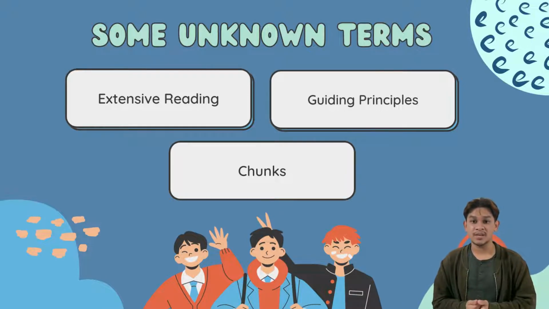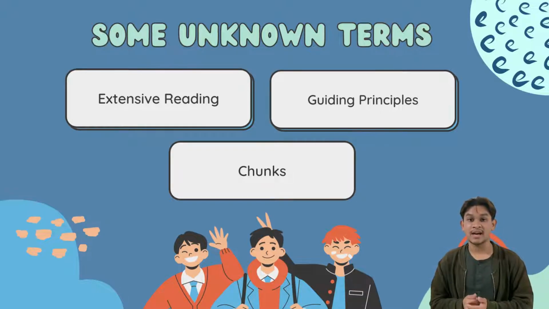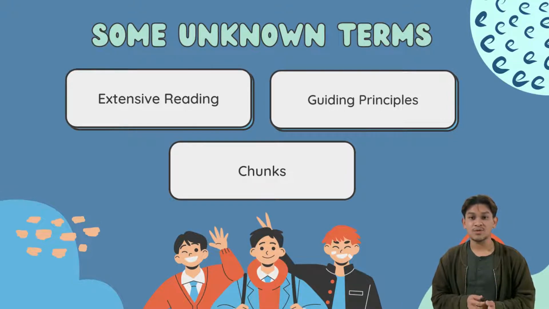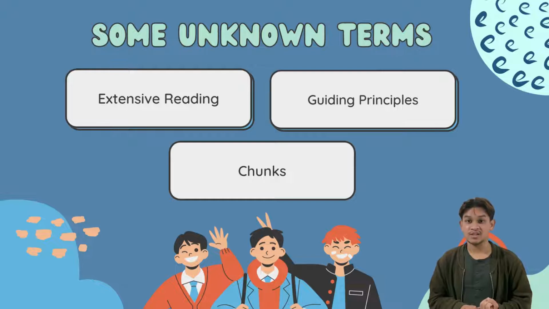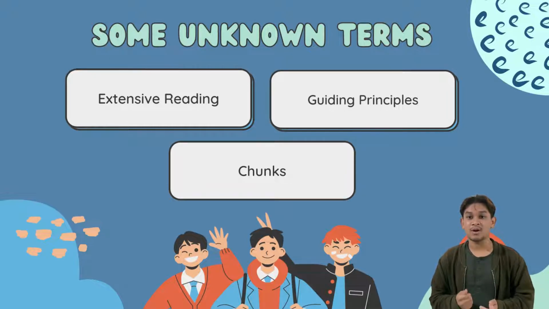The second term is chunks. Chunks refer to several words that are customarily used together in a fixed expression, such as in my opinion, or to cut a long story short. It is also known as language chunks or lexical chunks. And the last term is guiding principle. Guiding principles are moral values that set